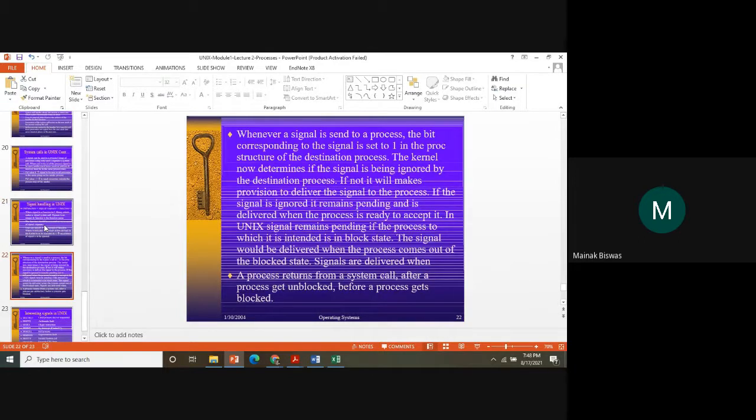So whenever a signal is sent to a process, the bit corresponding to the signal is set to 1. ঠিক আছে, এবার সিগন্যালের ভ্যালুটা আমার 1 হয়ে গেল। এবার ওই ফাংশনটাকে কল করা হবে, in the process structure of the destination process. The kernel now determines if the signal is being ignored by the destination process.